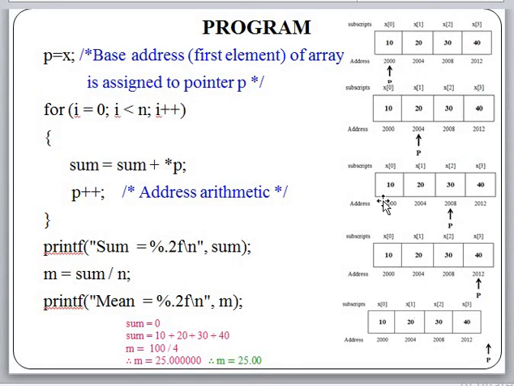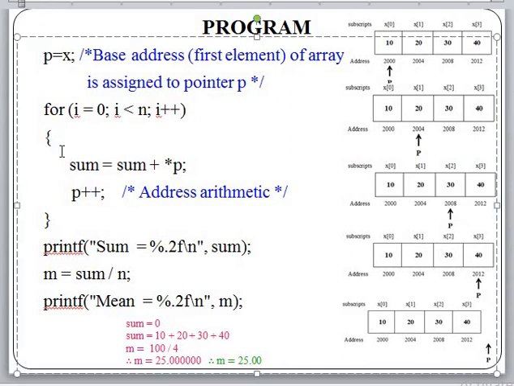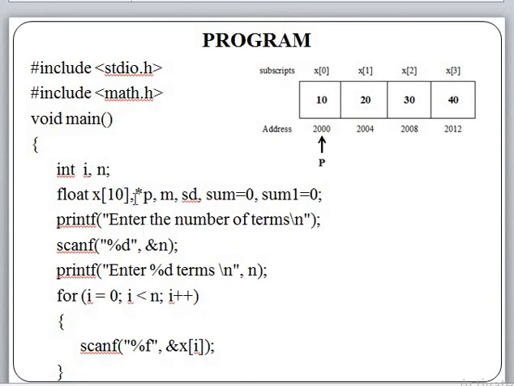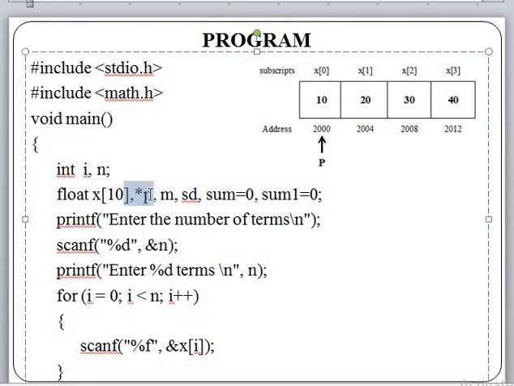We'll see now how exactly the elements are processed for the sum. In the process we have to use a pointer. As I mentioned, the pointer is already declared in this program, of type float, and we have the array x of 10. Now this pointer must point to this array. Since x provides the starting address of the array, we just have to assign p by x.